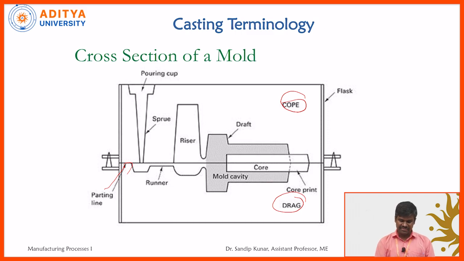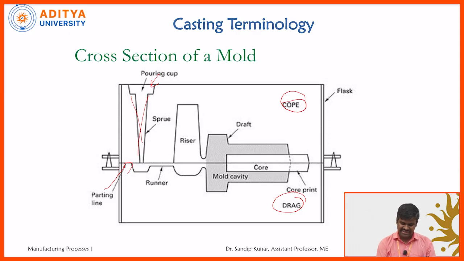In the gating system, both cope and drag are tightened by some tightening system, or sometimes by a particular nut and bolt arrangement. In the gating system, the first portion is the pouring cup, or pouring basin. The second part is called the sprue, which is a tapered section. Why do we follow a taper section? Because it avoids turbulence in the flow of the liquid material.